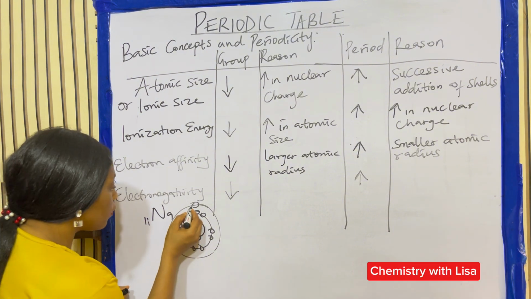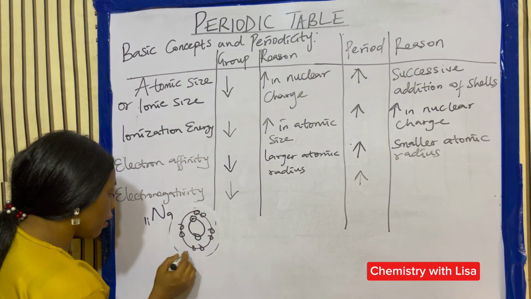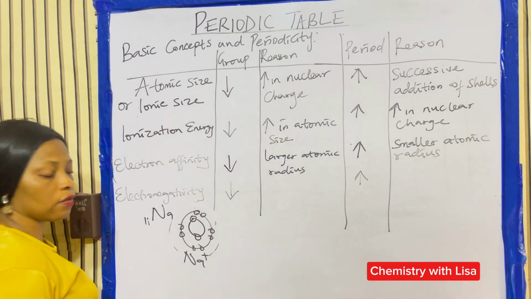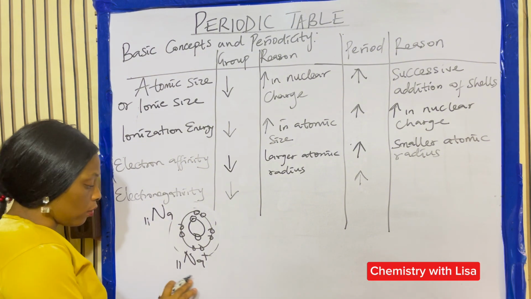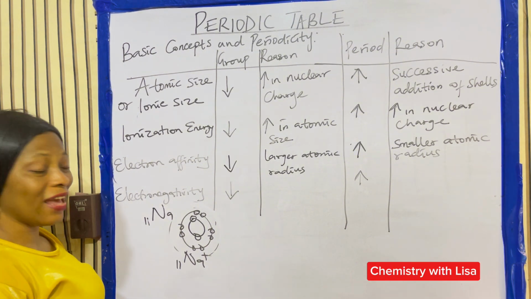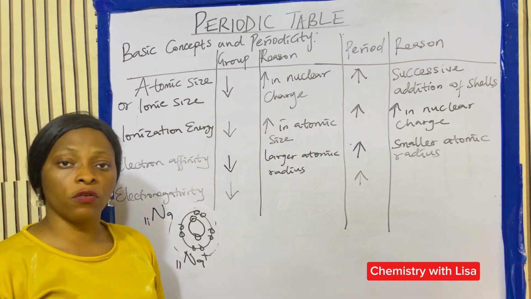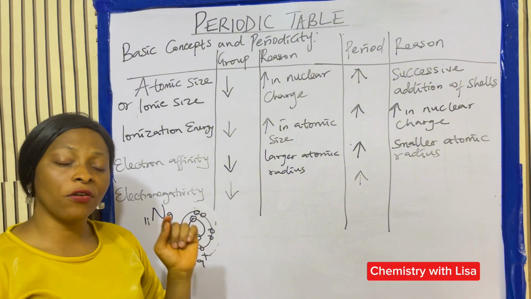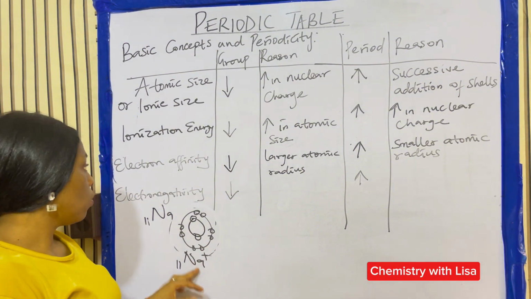Now, if you remove this electron, this sodium will be ionized. It will no longer be sodium. It will no longer be a neutral atom. It will now be an ion. So the energy required to remove an electron from its shell is what we refer to as ionization energy. The energy required to remove an electron from its shell in order to form an ion, we refer to it